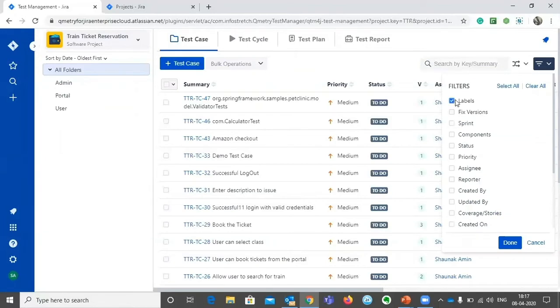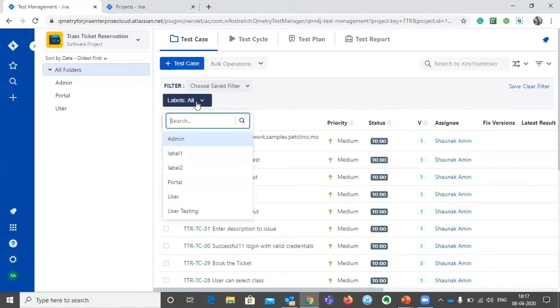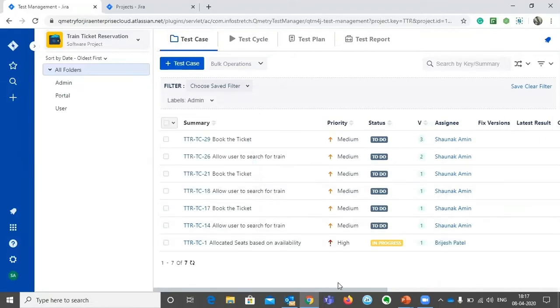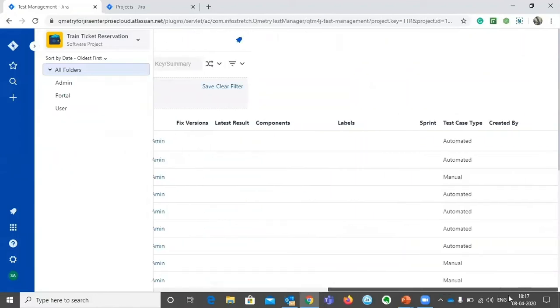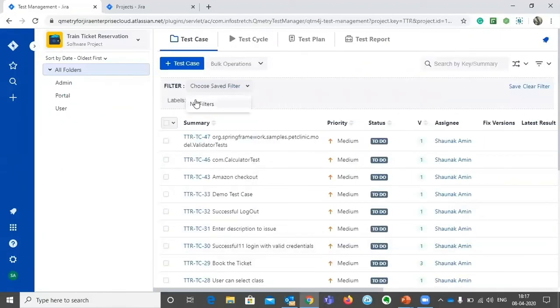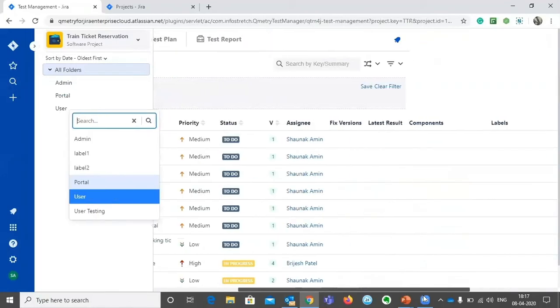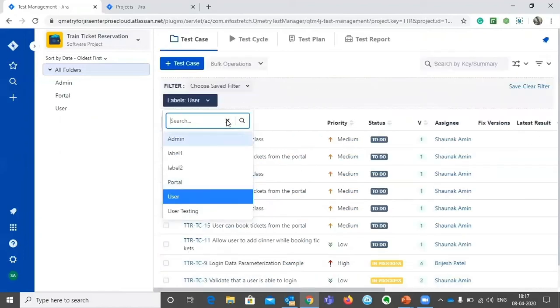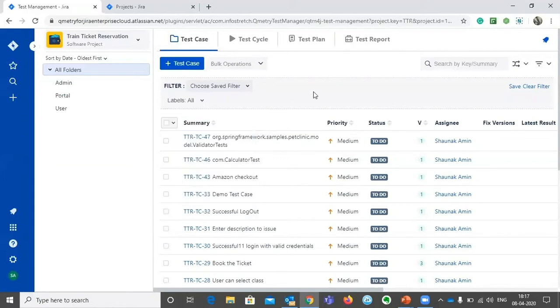Let's say I do want to do it by labels, wherein I do want to export only those test cases which have the label, let's say, admin. Or you can also select all based upon your own requirement.